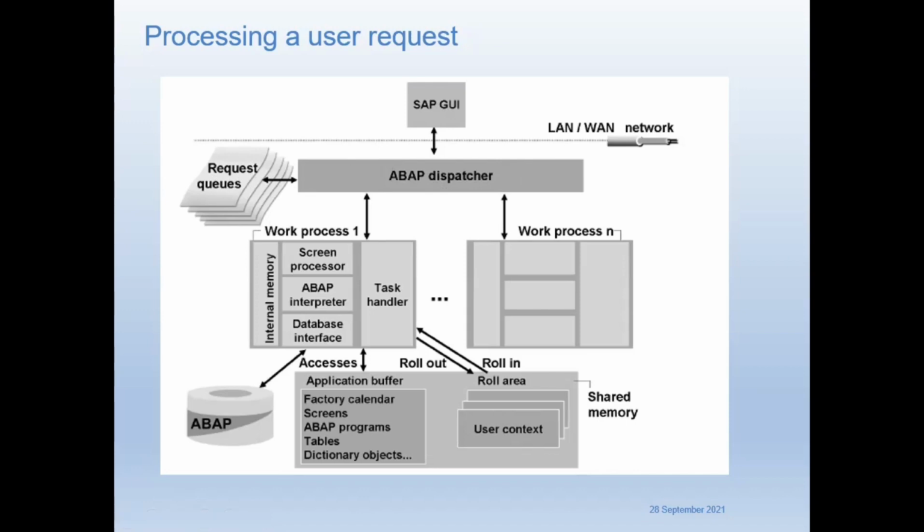From different presentation systems, whether the user is using SAP GUI for Windows, SAP GUI for Java, or SAP GUI for HTML, there are three different graphical user interfaces. That's all we know. And those three graphical user interfaces will send a request to